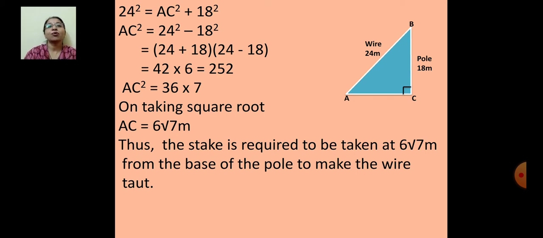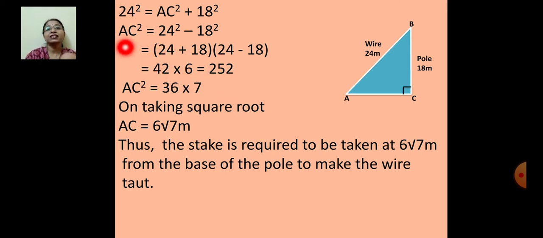Now it is in the form of the identity a square minus b square. Use that identity, a plus b into a minus b, that is 24 plus 18 into 24 minus 18. 24 plus 18 is 42 into 24 minus 18 is 6 and the product is